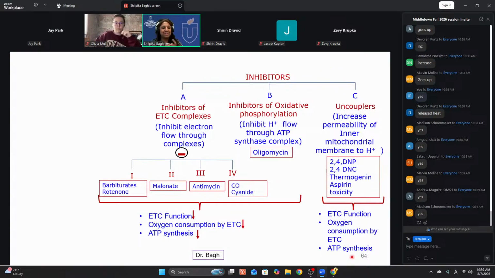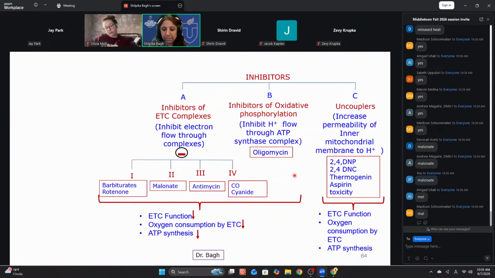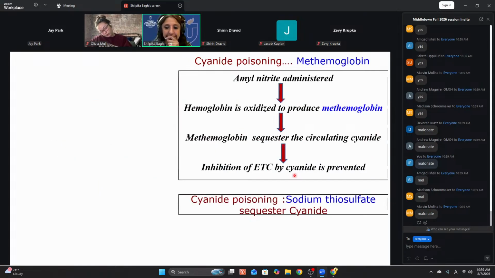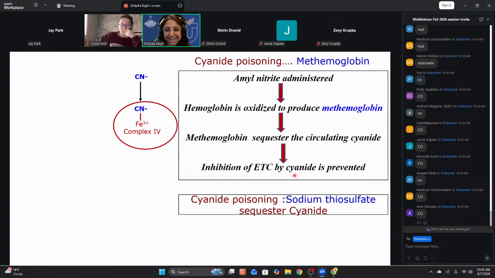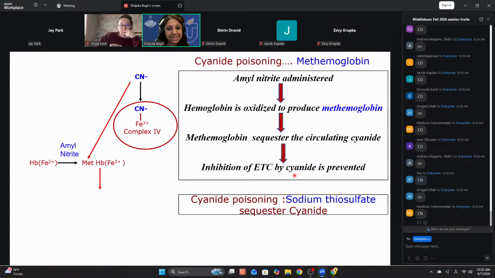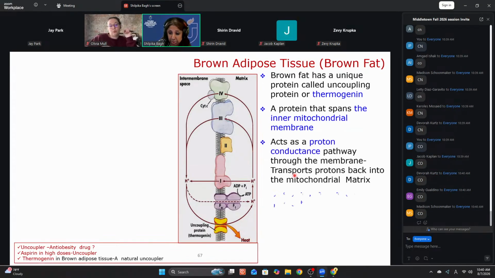Secondly, give me an inhibitor of complex 2. Is it antimycin or malonate? Malonate. So you have to be specific there. Carbon monoxide and cyanide, which is reversible? Both bind to complex 4. Carbon monoxide is reversible. Cyanide is irreversible and needs amyl nitrite as an antidote. Cyanide poisoning has a history of closed apartment, burning furnaces; in closed apartment history, carbon monoxide, automobile pollution.